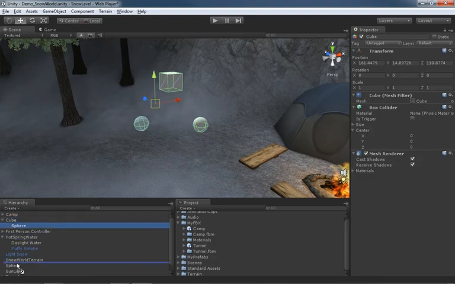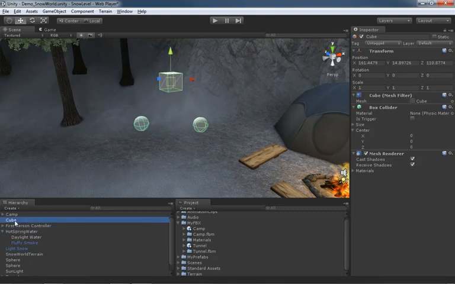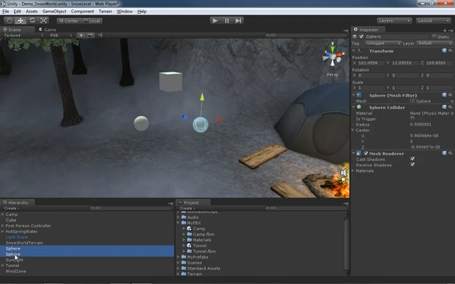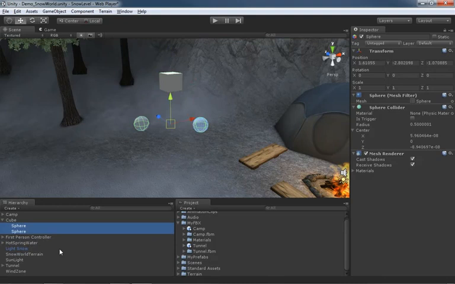So we can just unparent them like so. So now they're out here kind of back on their own again. We can also grab both of these objects together and drag them both onto the cube at one time. So that's a quick look at parenting here inside the hierarchy view, but that's certainly not the only way that